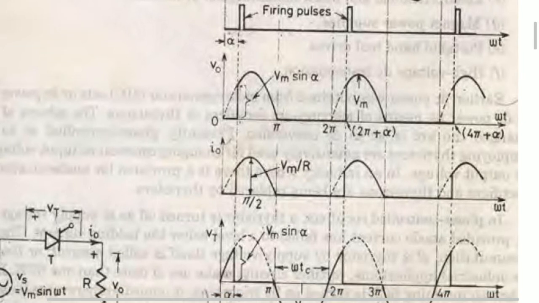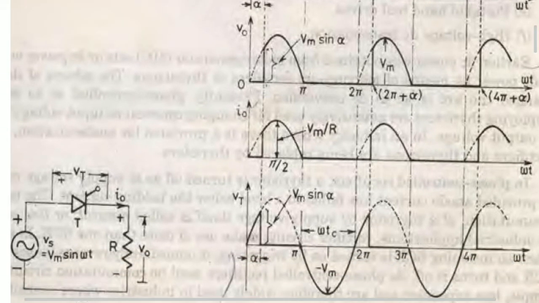And the last waveform is of voltage across the thyristor. As soon as we turn on the thyristor T, the voltage across the thyristor will be almost 0. We can see for the first positive half cycle, as soon as we trigger the SCR T, the voltage across the SCR will become 0. For that purpose, we have to learn the characteristics of SCR, and only then will you understand this point. So please remember, as soon as we fire the SCR, the voltage across the SCR will become almost equal to 0.